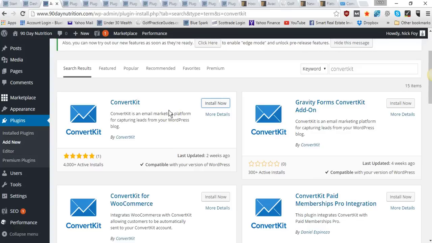And then when they enter their email, it'll take it from your WordPress website and put the email address over in your ConvertKit account, so that you can start building an email list in your ConvertKit account. And then ConvertKit has a feature where you can send automated email newsletters. So anytime somebody types in their email address on your WordPress site and hits submit, it'll automatically add them to your email list, and then it'll automatically subscribe them to your newsletter, and you can automatically have emails sent